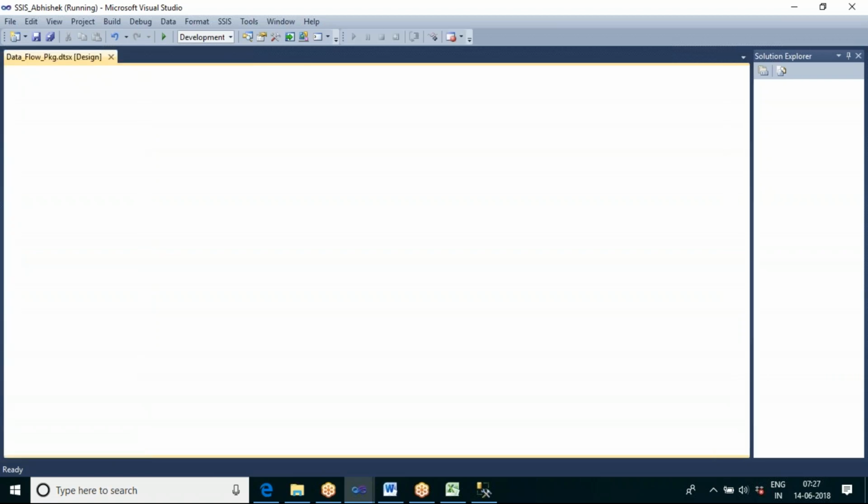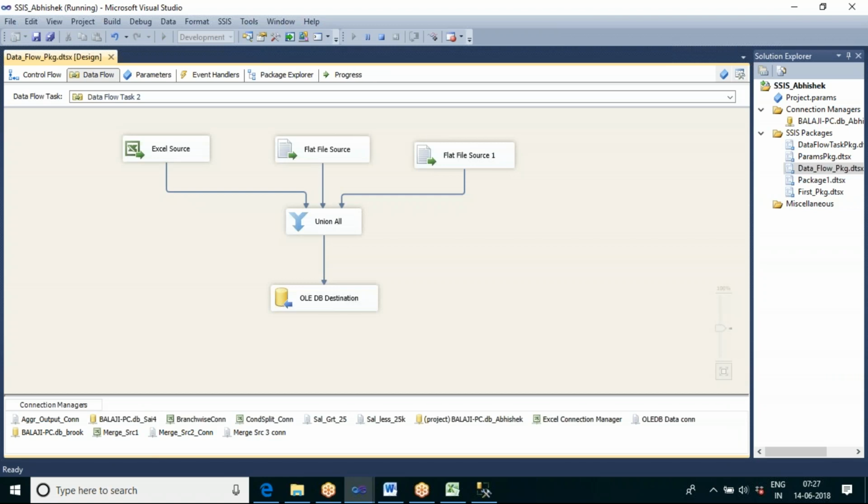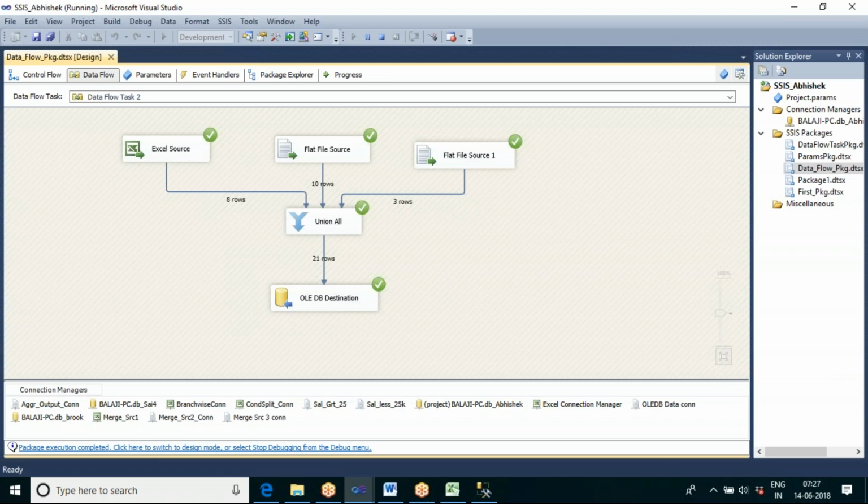So what is the difference between merge and union all? Both are used to combine multiple sources of data. But in a single merge, you can combine only 2 inputs, whereas using union all we can combine n number of inputs. And merge always accepts sorted data, but union all never expects sorted input.